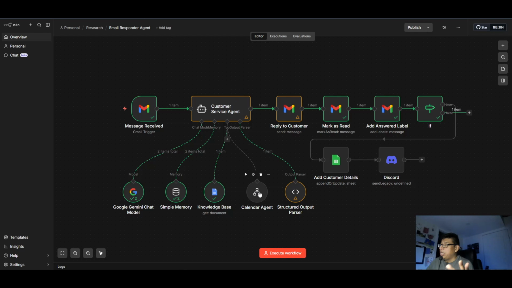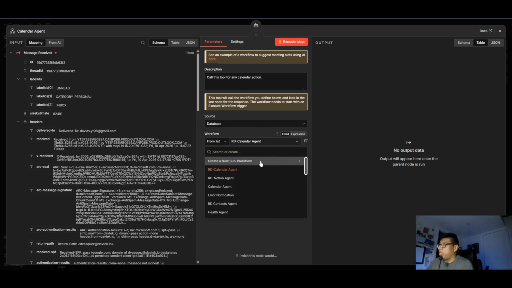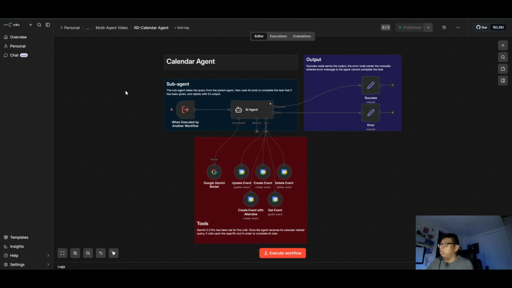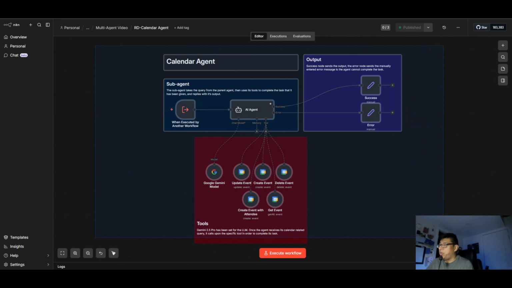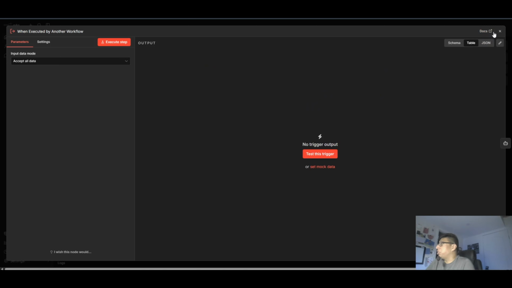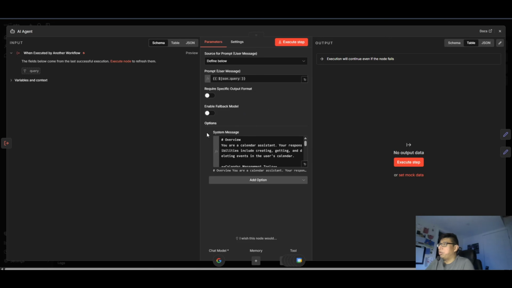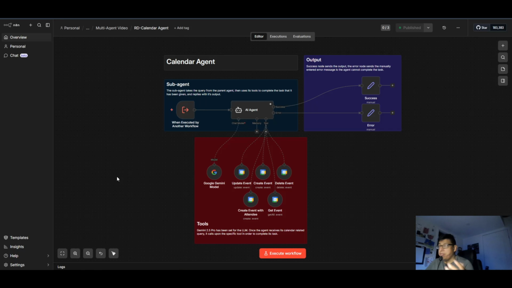Otherwise, what I'm going to do is I'll show you how I have this set up. So this is call another workflow, and then I selected my other agent right there, which is this one. So next, I'll just go over super quick how this is set up. All right, calendar agent. So this, you can pretty much leave everything here as is, even the prompt. Wouldn't really mess around too much with the prompt. It just has all the rules on how to handle the queries when it needs to book a meeting.